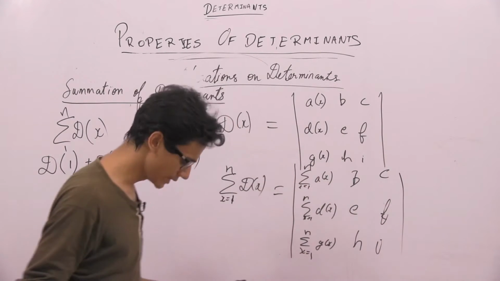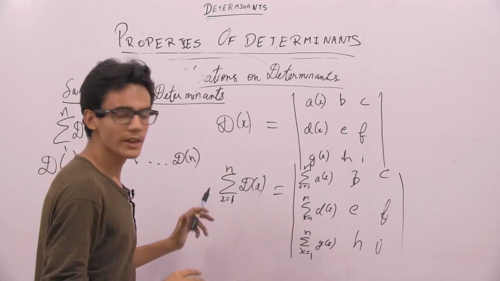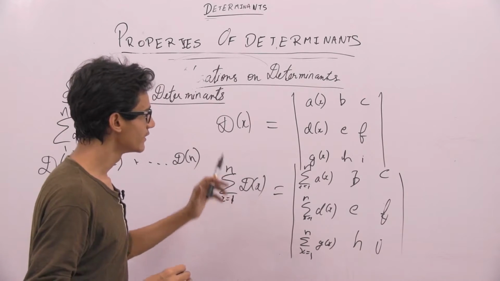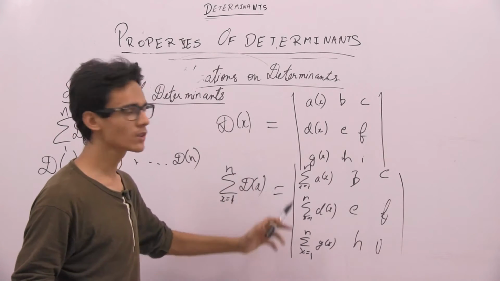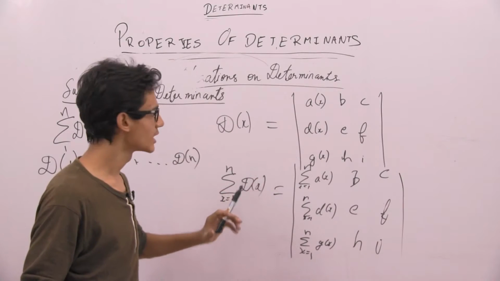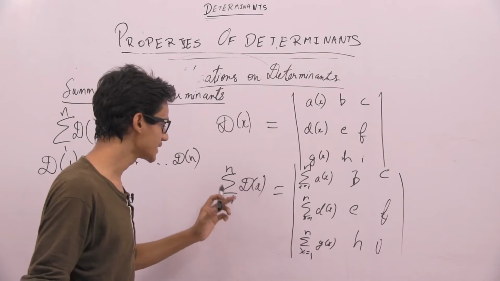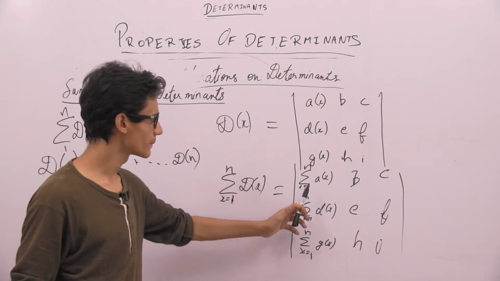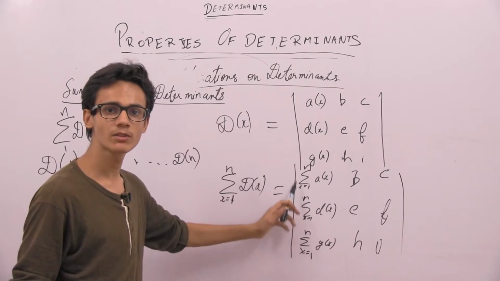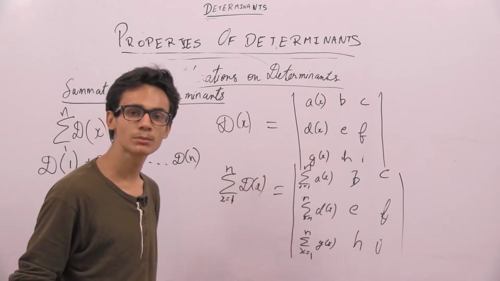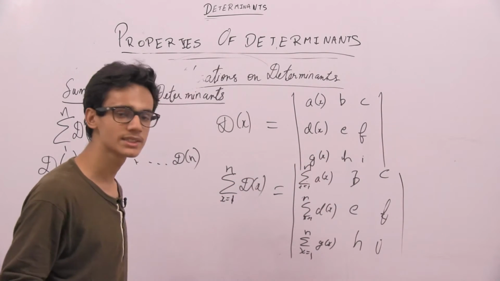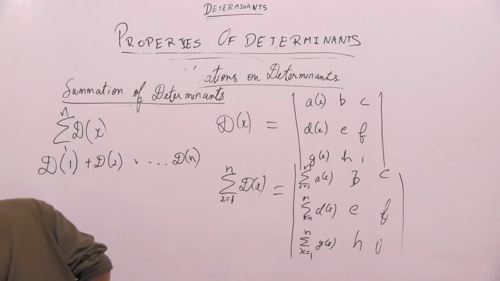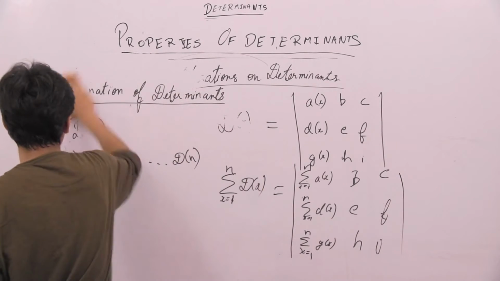So basically what have we done here? When we wanted to find the summation when x varies from 1 to n, we simply took the summation of all the elements which varied on x, and the summation was over the same range as in the determinant. So here x is changing from 1 to n, so in all summations it is changing from 1 to n. If there were more elements where x was changing, then we would have taken the summation over there as well. So let's take some examples to understand this better.